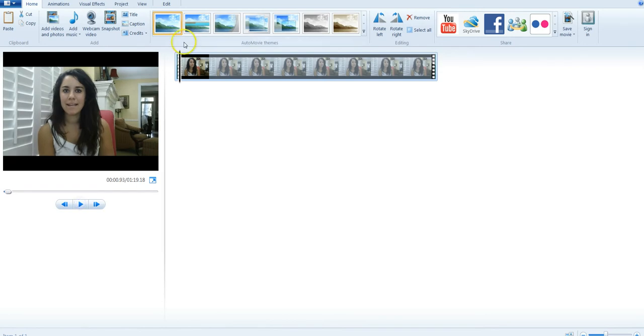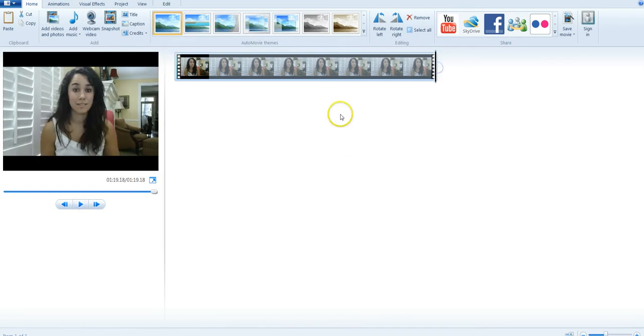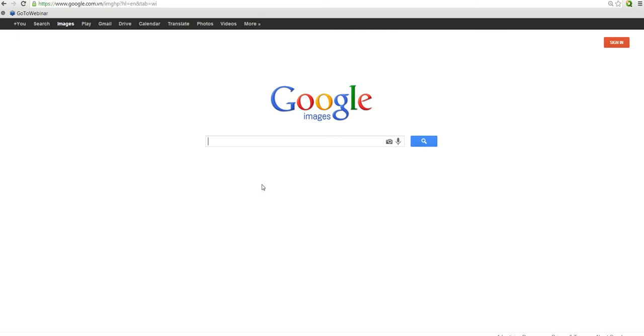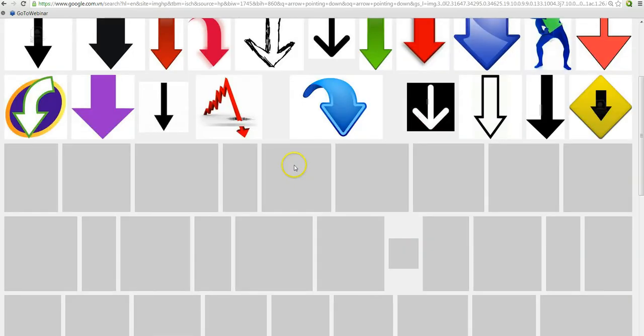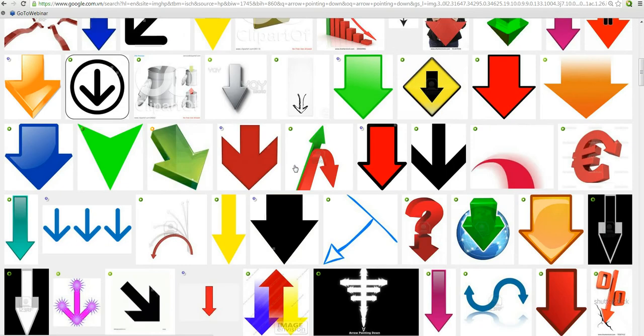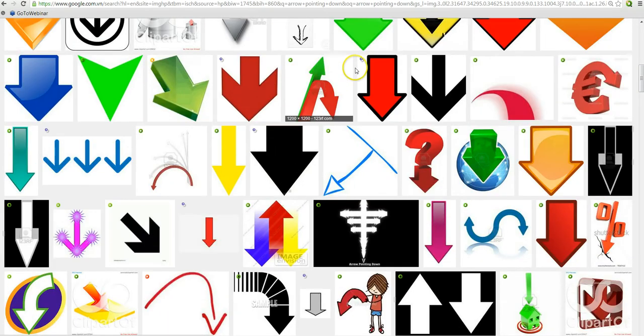That looks good. So last thing we want to do here is to add a slide, and I'm gonna show you how to do that as well here right now. Go to google.com and select images, and now we want to find an arrow pointing down, because that's gonna be part of the slide. So simply search for arrow pointing down, and you can simply grab one here. I usually like to use red arrows, but you're free to use whatever you want, so it's not a big deal. I'm just going to use this one here,